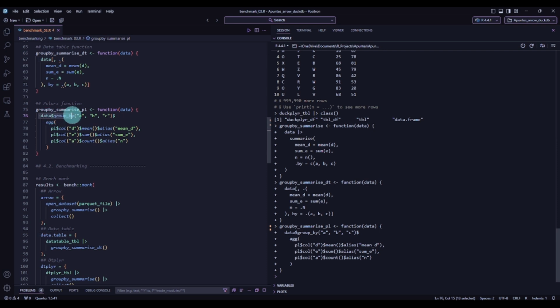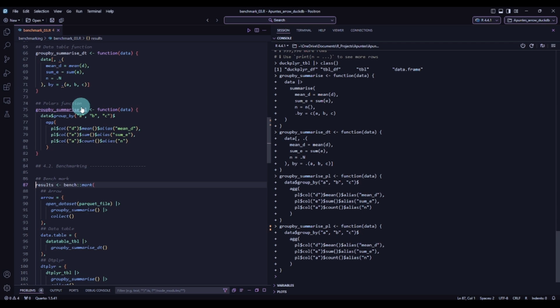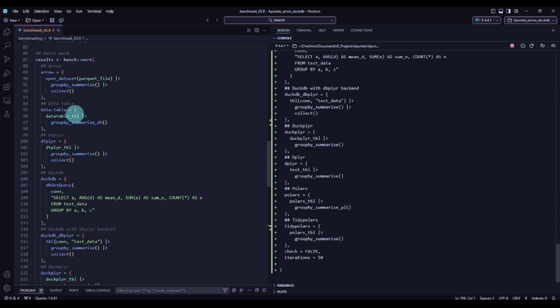So we are applying the method group by to the data, and we are grouping by these three variables, and then with another dollar sign we are aggregating. In the aggregating we are taking the column D and calculating the mean and giving it a new name, which is mean D, and the same with the others. We take the column E, we apply the sum, and we give it a name. Alright, so I will execute it, and now I will execute the next function, and in the meantime I will